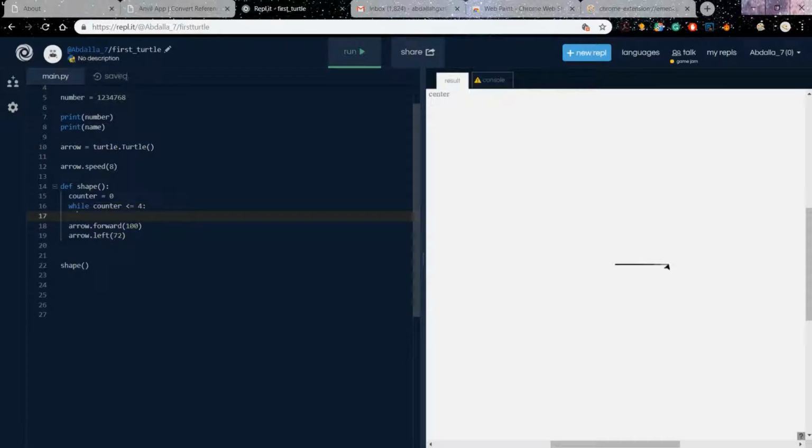And then we need to do another iteration here. Hit tab here, and then after we run this code, we're gonna increment the value of counter by 1. So we're just gonna say counter plus equal 1. That will increase the value of counter by 1 every single time. So when I run this